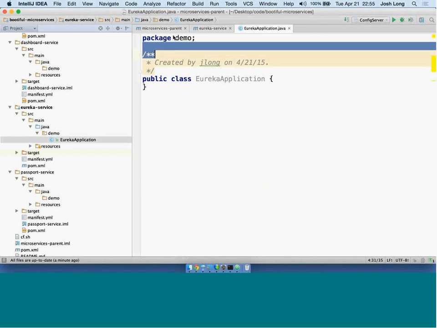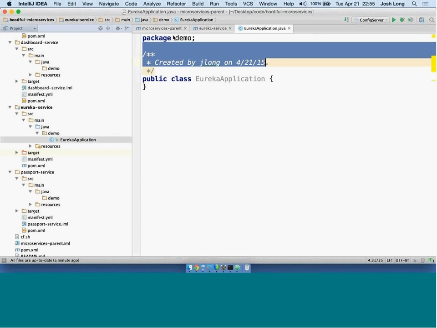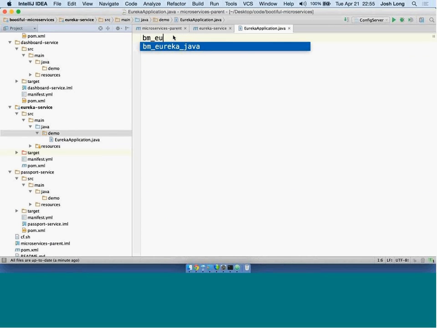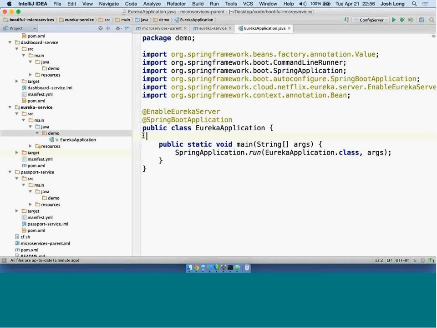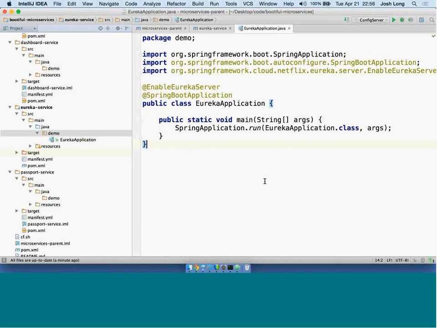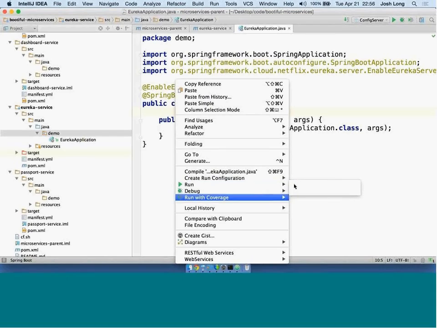Okay, and I will cheat here. So that's what it looks like. Oops, don't even need that. Okay, so there's my Eureka application. It's going to stand up a service registry. Again, this is the important bit here, right? This is the one annotation I need, and it's going to stand up the registry based on Netflix's